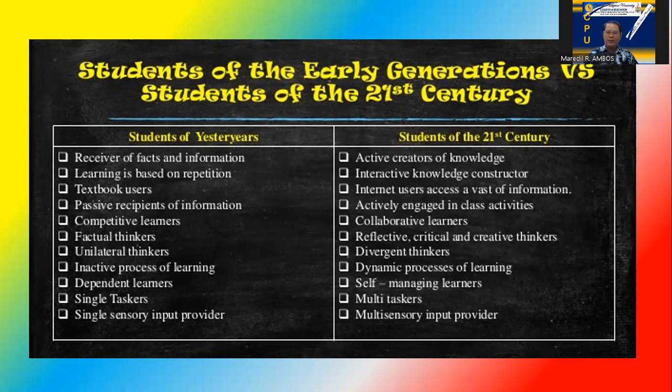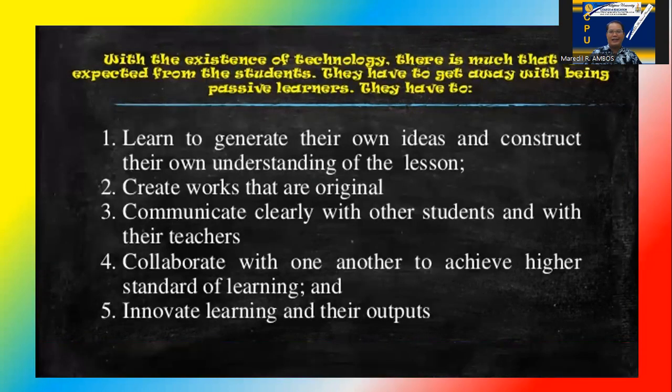And of course, dynamic process of learning. We say dynamic, probably it keeps on evolving and evolving. That's not static. Then self-managing learners, they can manage, of course, their own learning. And they are multitaskers. And of course, there is multisensory input provider compared to the single sensory. So that's it. So with, of course, the existence of technology, now our students are expected to,